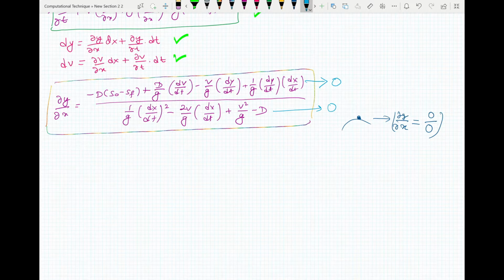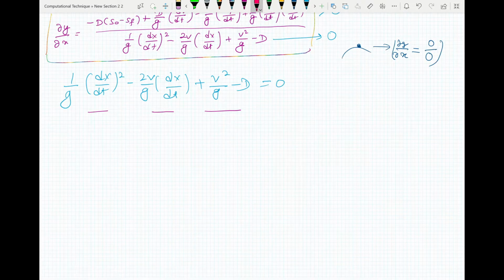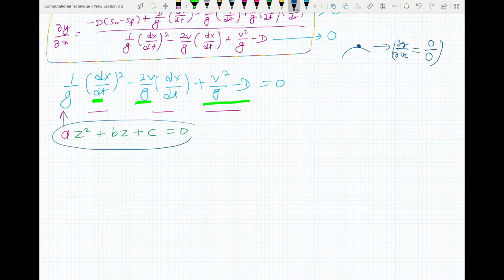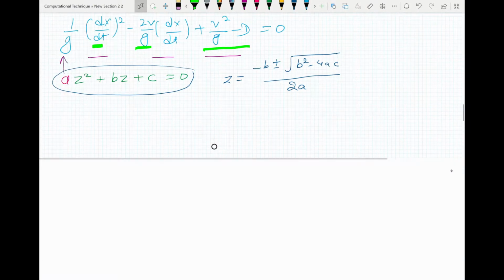If you take our denominator to be 0, what you'll get is 1 by z. Now you can see here that this is a quadratic equation in dx by dt, which is of the form az square plus bz plus c equals to 0. So this is a, this will be our z, this is b, and this is our c. Now the solution to a quadratic equation is, so if you substitute these values there, what you'll get is,